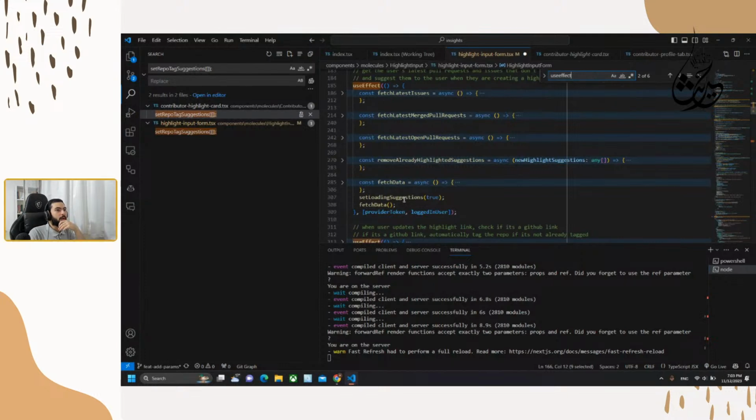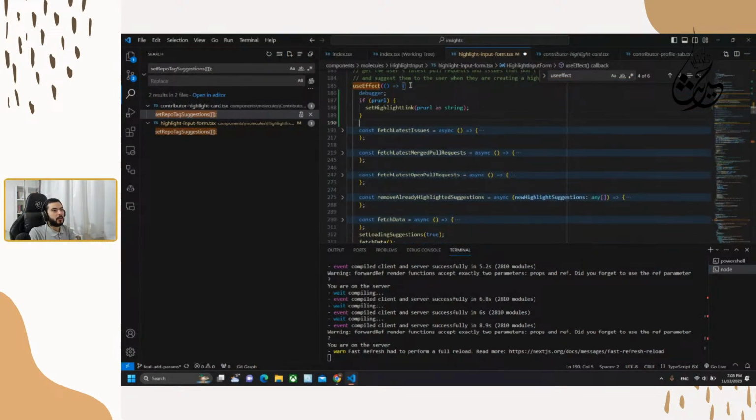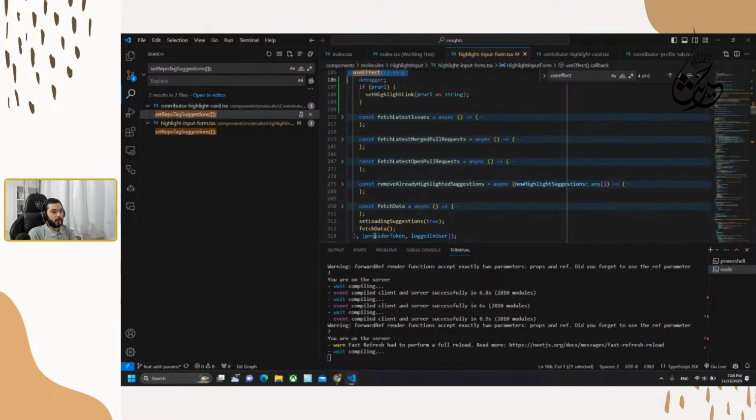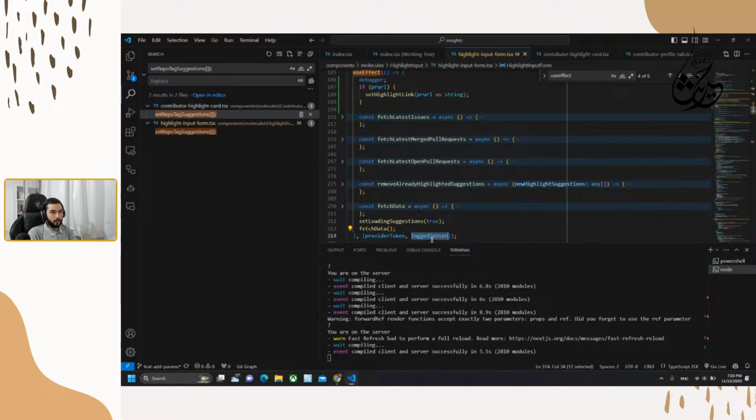I think we could have it here, because this effect is changing when we are getting the token and loading the user. So if we have the user, we might have the URL information.